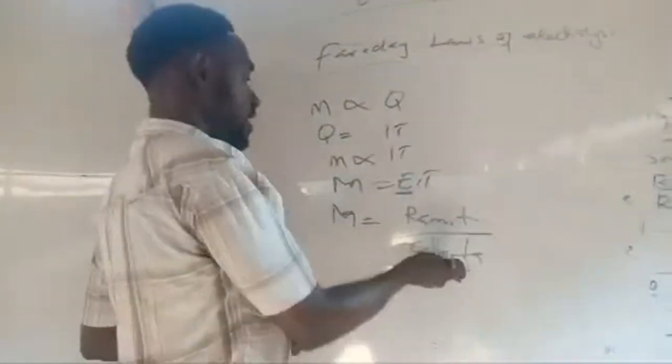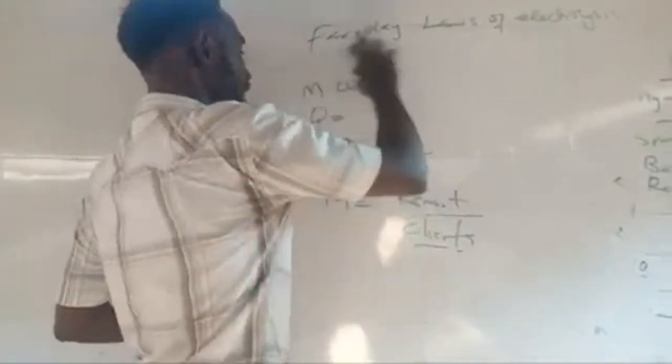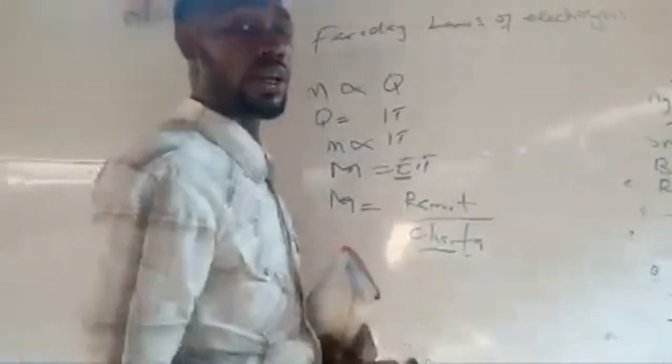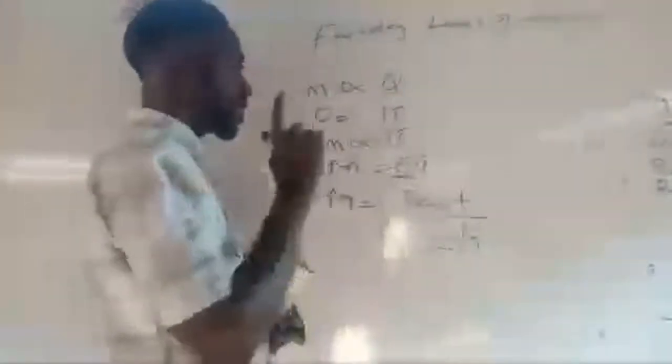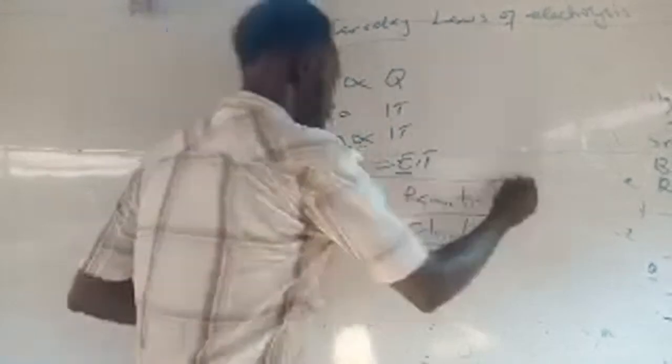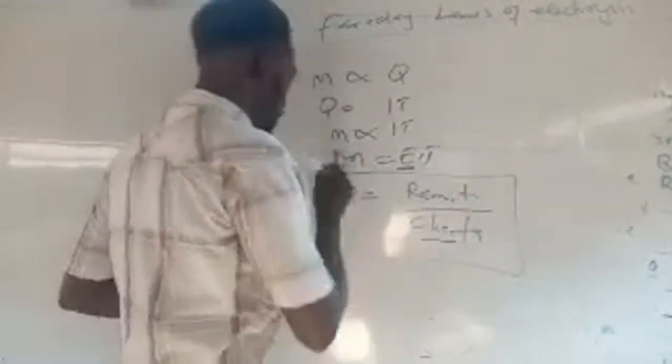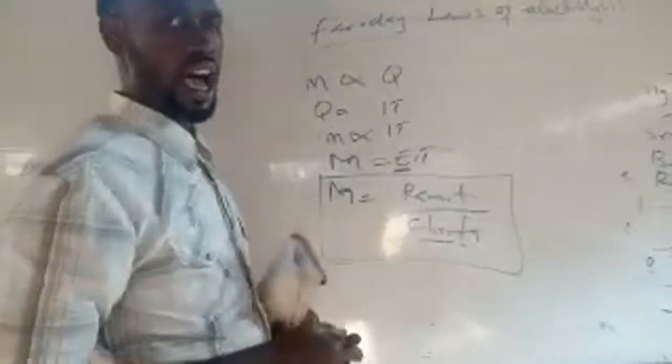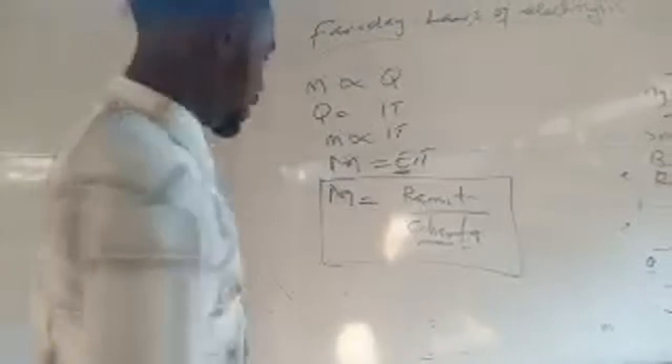Sorry, calculate for charge present. That's the advantage of this formula, because all the other ones that we teach you will not enable you to calculate the charge present, but this one will. So the mass discharged is equal to RAM IT over charge times Faraday. This is Majesty's cheat, made and forged by me, tested and trusted. It will give you the answer.